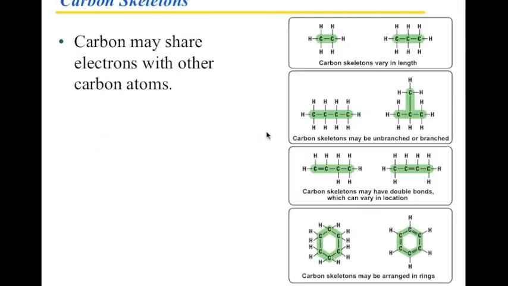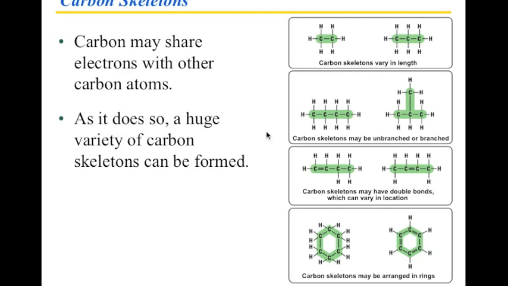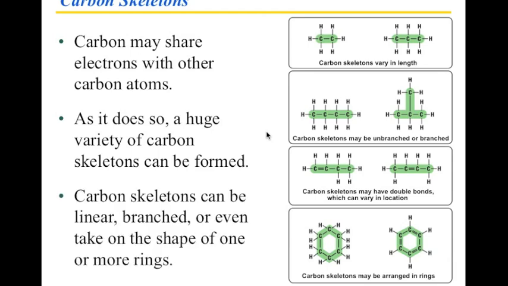Now, let's get started with building some molecules that have carbon as sort of the linchpin of the whole deal. If carbon is allowed to share electrons with other atoms, what can we do with that? It turns out if we look at nothing other than having carbon and hydrogen, we can already create a huge number of interesting molecules. We can create things that are linear, we can create things that are branched, we can create things that are ring structures, and I just want to take a few minutes to explain to you how